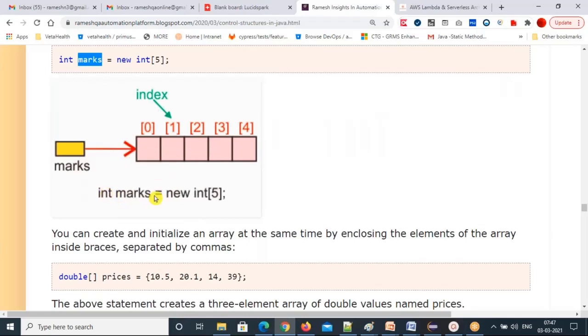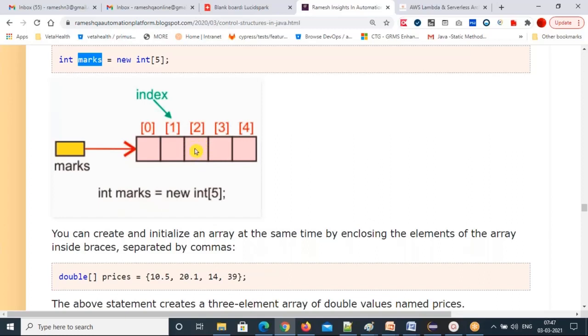This is int marks equal to new int of 5. So that's how to access. For example, I want this marks, I have to give marks square bracket 2. So array name is marks. Array variable is marks square bracket 2 you have to give to get this third cell value.